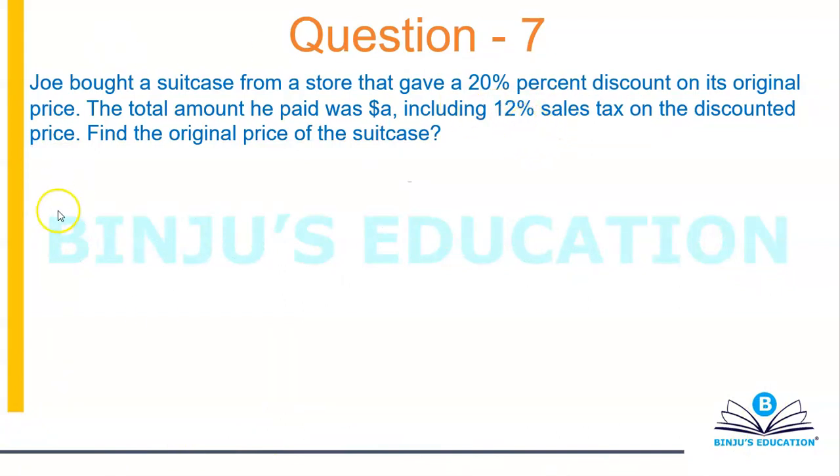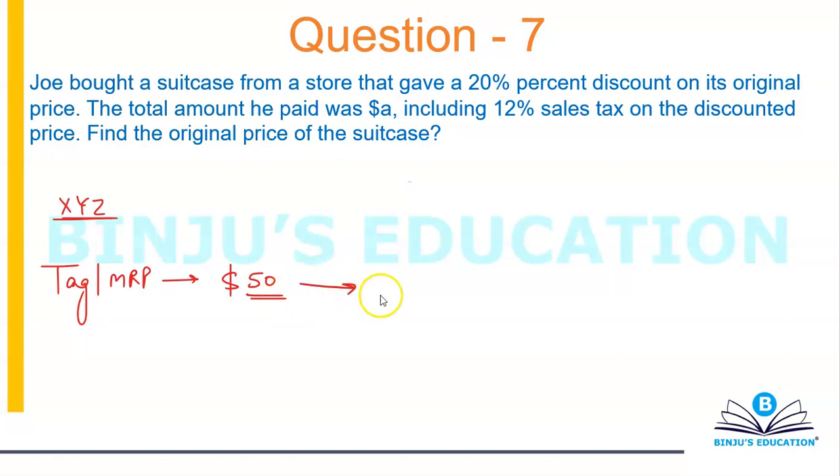Now let's say suppose you went to some XYZ showroom and you're looking for a pair of pants, and the tag or the MRP says that it's going to cost you, let's suppose, $50. This is what the MRP says. Now while entering the shop, you read the hoarding, and the hoarding said that we are giving you a sale and the discount is